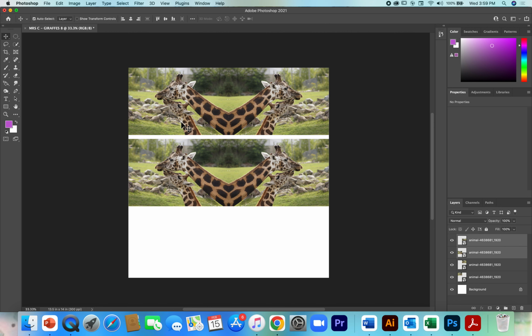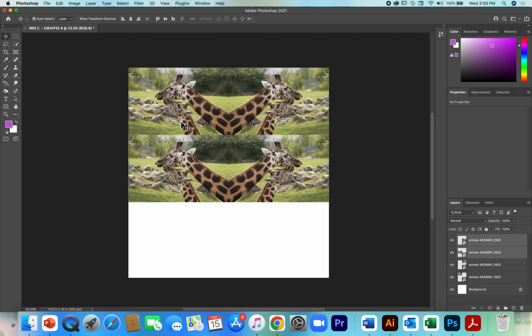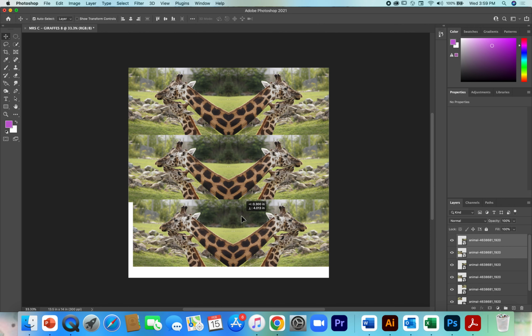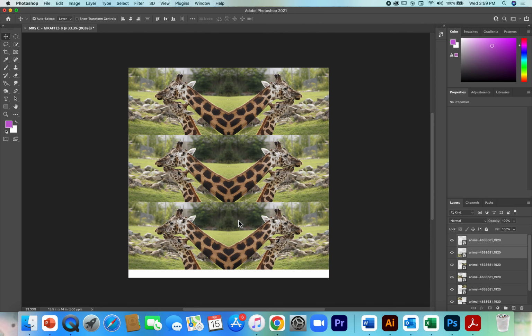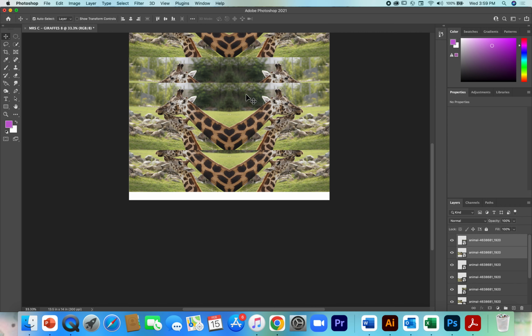So now I move up. I can use the arrow on my keyboard to move the image up and close the gap. I'll hit Command V again, slide this one down. I've got 3. Now I don't have much space at the bottom. I'm going to add the 4th one anyway, and then I will